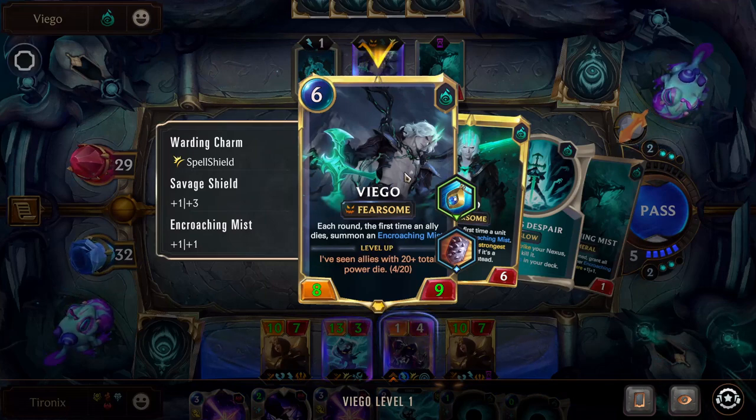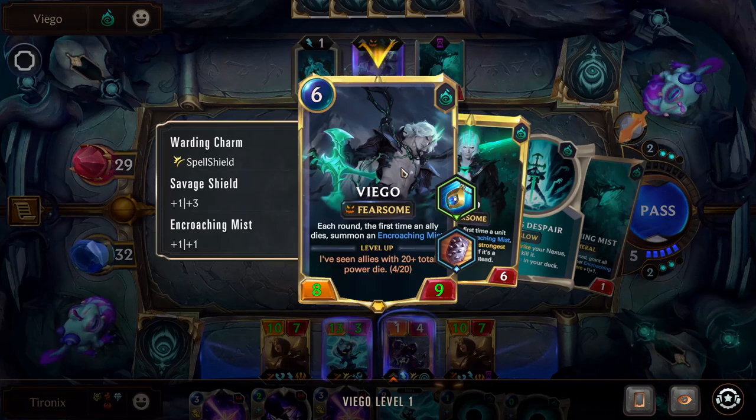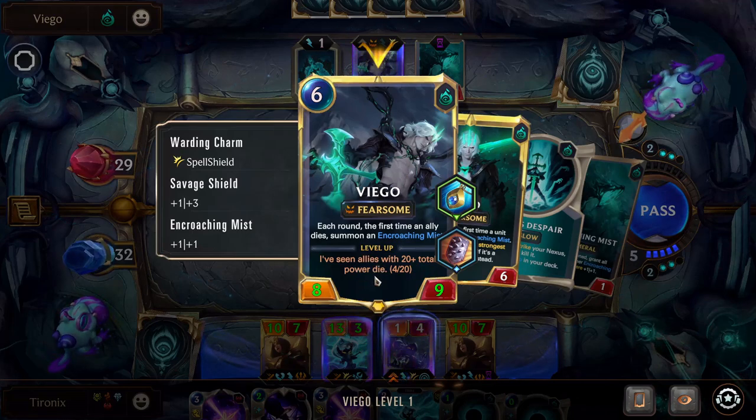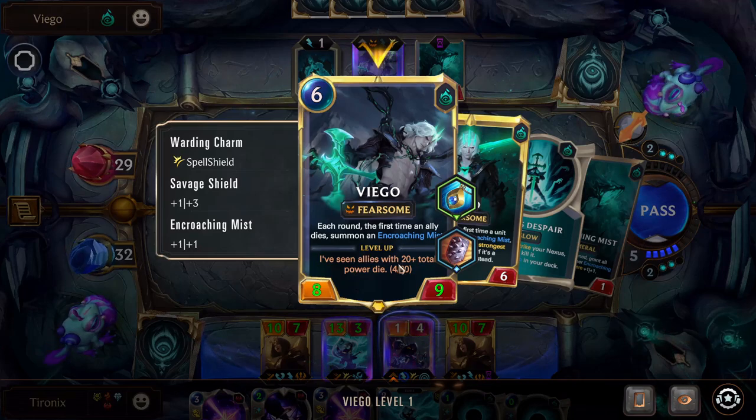If Viego levels up, it's pretty much game ending, you lose. I've seen allies with a total of 20 power die. This is power, not health. So if you're using Frostbite before you kill a unit, that can help you. But when he levels up,